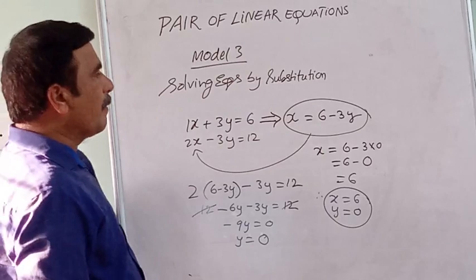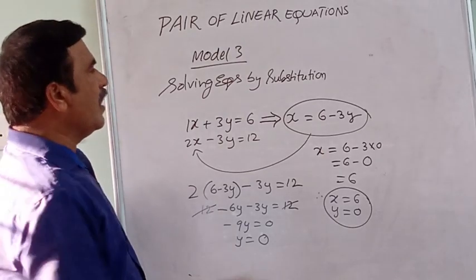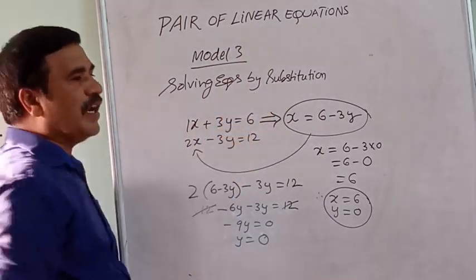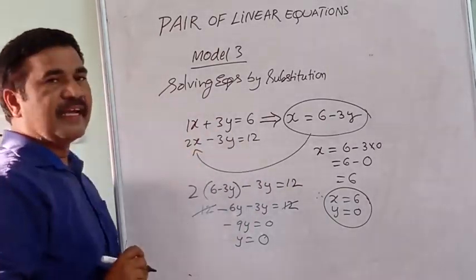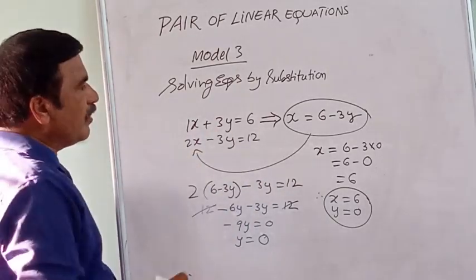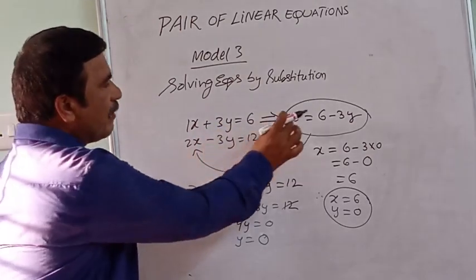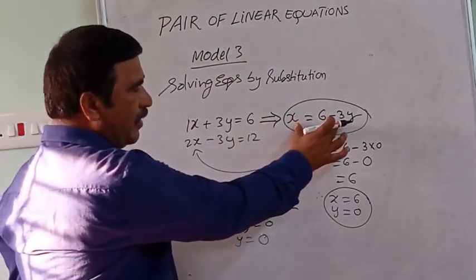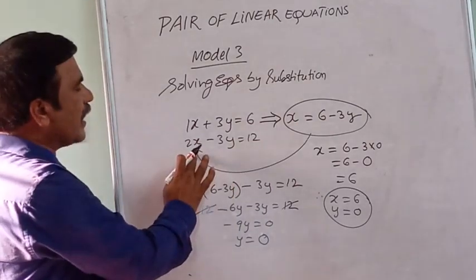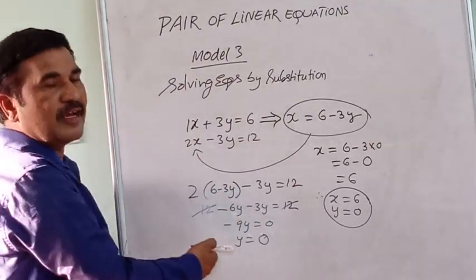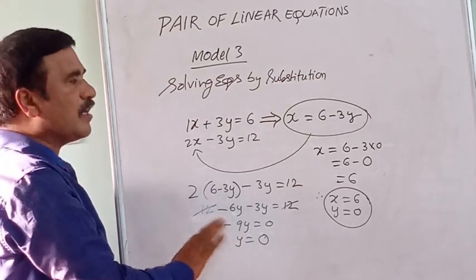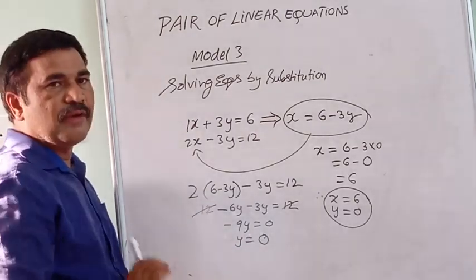What we did previously in the elimination method and this substitution method, the difference is that in elimination both are written here and cancelled there only. Now in substitution we are bringing the x value in terms of y and substituting in the second equation, then it also becomes an equation in y, a single variable. That means also removing one variable only. Understand?